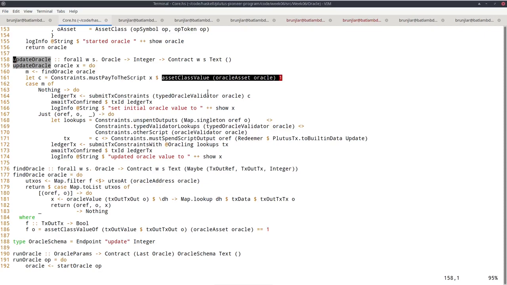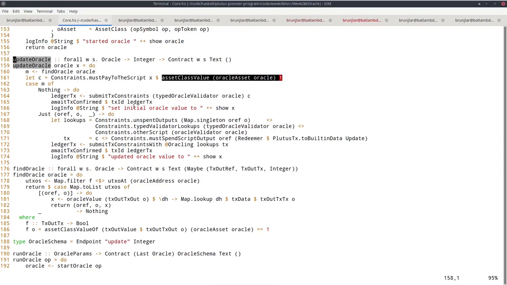So added class value, the asset class of our NFT, and 1. So we want to attach the NFT. So this is all we have to do in that case, that the UTXO isn't there yet. So we just submit, wait for confirmation, and log a message that we set the initial Oracle value to X.